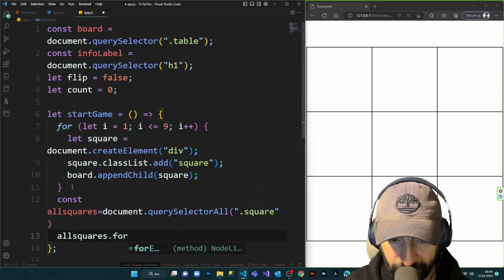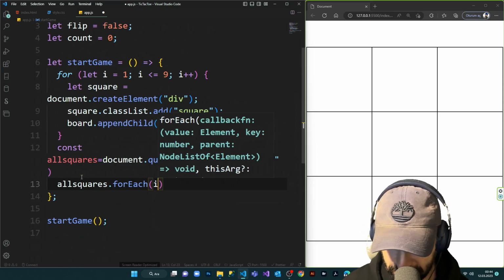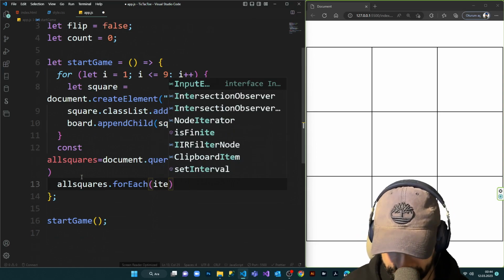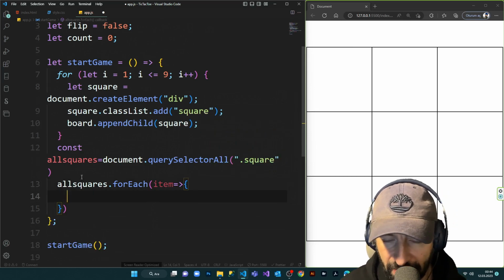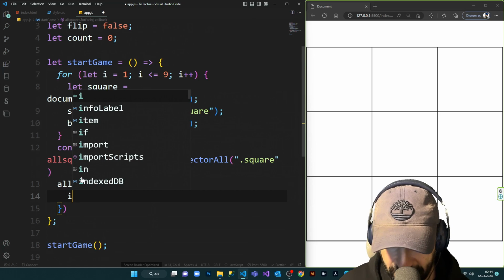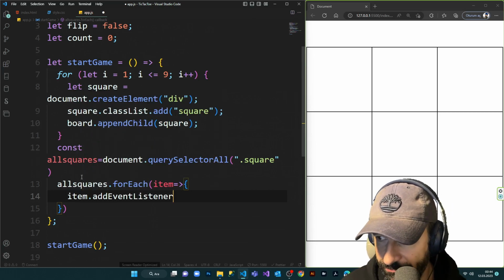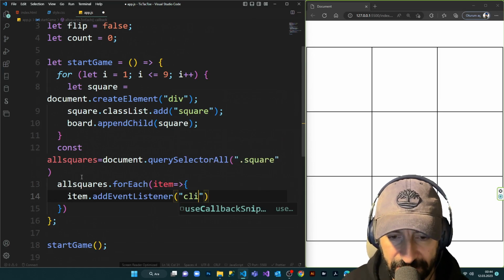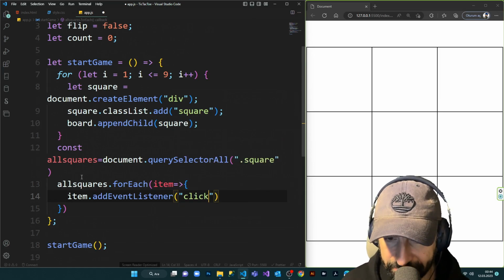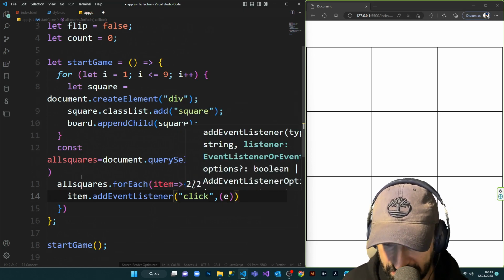I'm gonna say for each. I wanna go a little bit down. I'm gonna say item. I'm gonna do an arrow function here. And here I'm gonna say item dot add event listener. Okay, I'm gonna say click. I want the click event, and for this click event I wanna get an event,